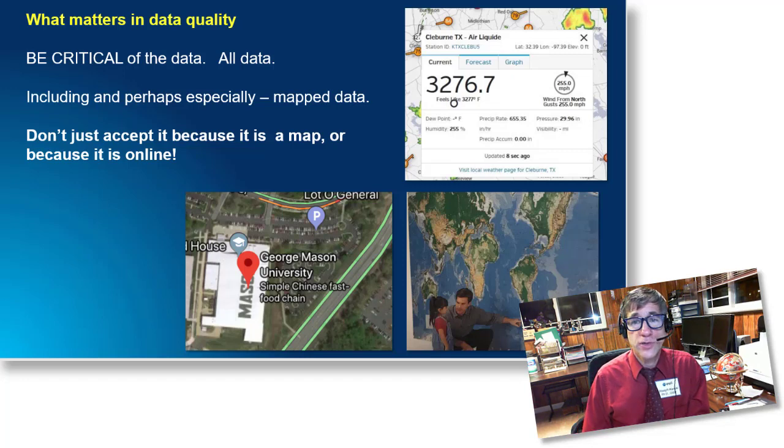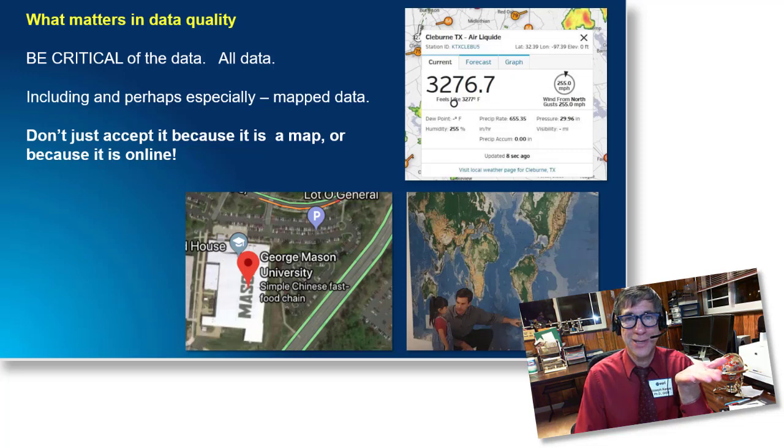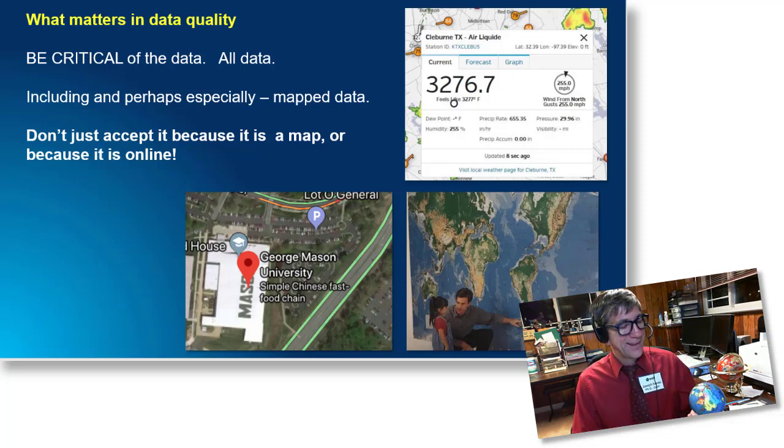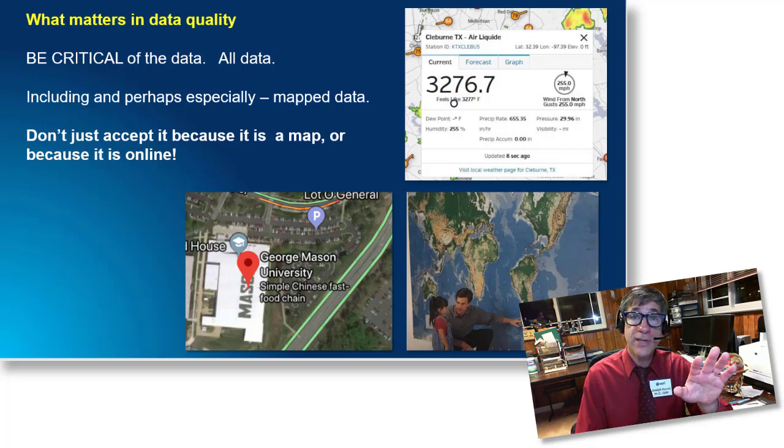What really matters here, folks? Be critical of the data. All data. Be critical of it. Recognize its incredible utility, its usefulness in a wide variety of settings and projects. But also recognize that it's limited. Maps are representations of reality. We can't map the world at one-to-one scale. That would be a big web map or GIS data layer, wouldn't it? If we could map it in paper, that would be a huge piece of paper to fold. But the point is, maps are representations of reality, very useful representations, but representations nonetheless.